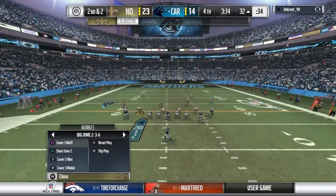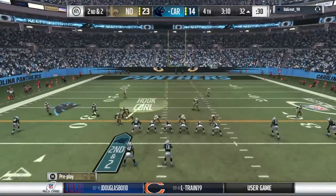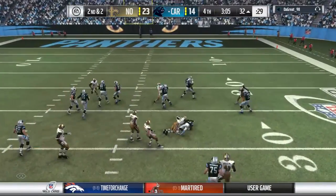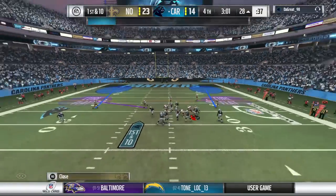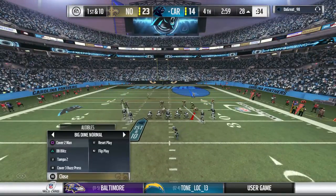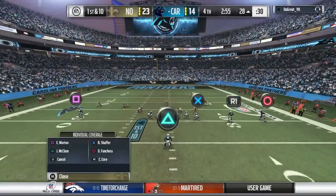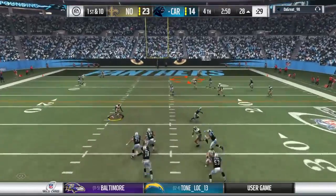Now, that was not a bad scramble there on 1st down. He didn't force it, nor did he throw it away. He was able to take off, and now he made it a very manageable 2nd and short. And he'll go down at the 28. It's a gain of 4 there, and it gives him a new set of downs. We always talk about good down and distance allowing offenses to expand their playbook. Well, 2nd and 2, that means your playbook's wide open. You can run just about anything. But a lot of times the play...